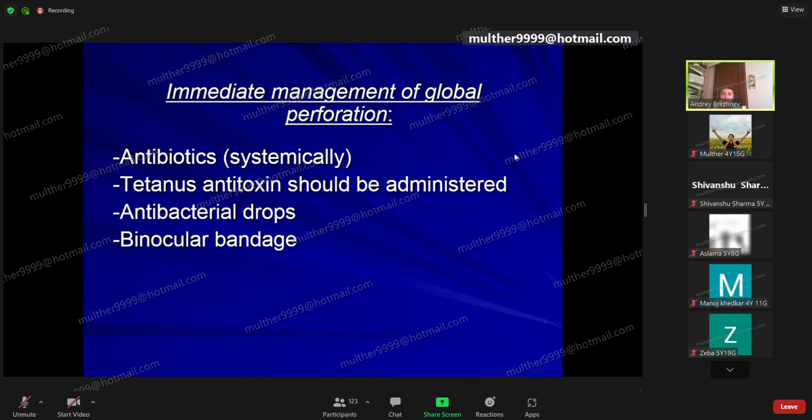Ultimate therapy is surgical repair under local or general anesthesia. A wound should always be sutured. It's the only way to save the eye as an organ. It's the only way to prevent secondary inflammation. It's the only way to prevent severe complications. And